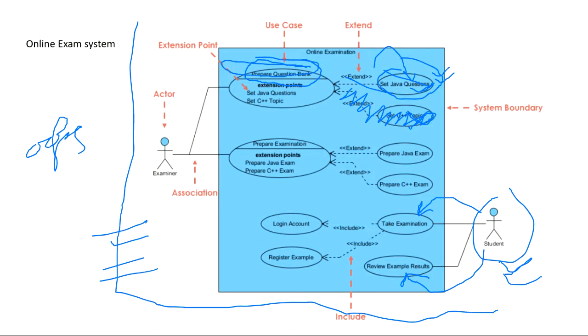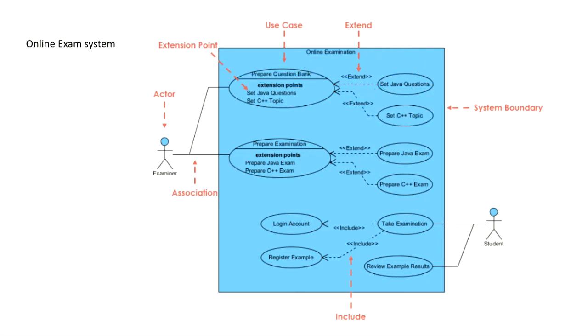Or if the statement says something like this, that there is an examiner who is creating a question bank and he is including some logical reasoning questions and some Java questions also, and every paper has a different combination of both of them. So now to solve this kind of statement, you need to use this extend command 2 times. First, if he is trying to create this question bank, he may include some Java questions. He may include some, say, logical reasoning or C++ questions also. It's up to him what he wants to include.